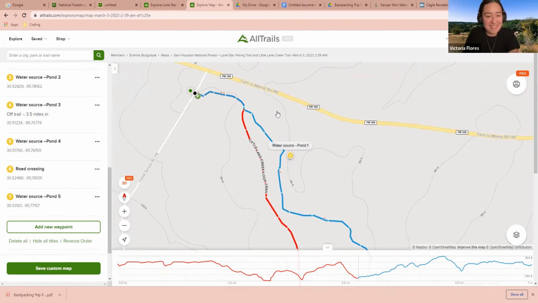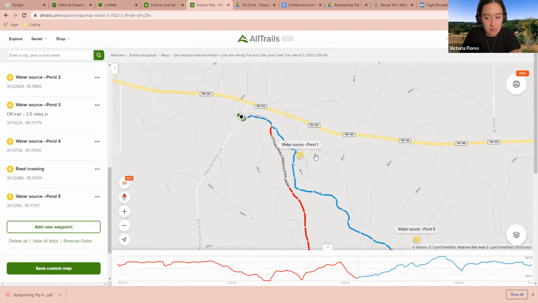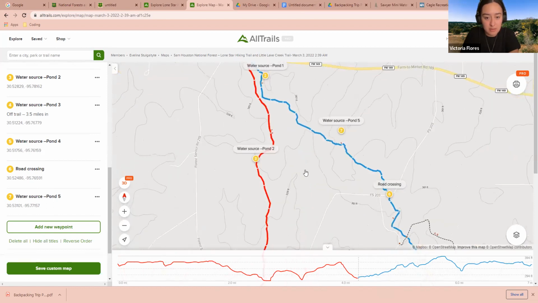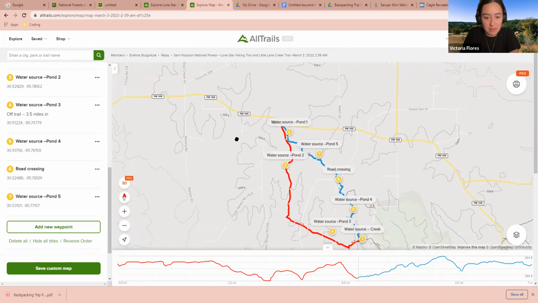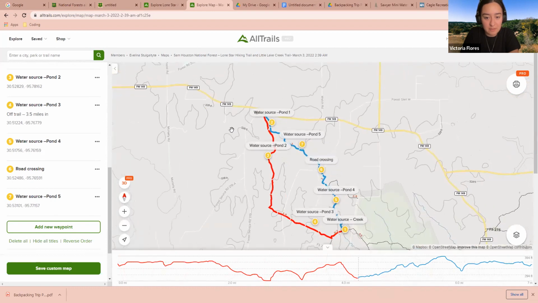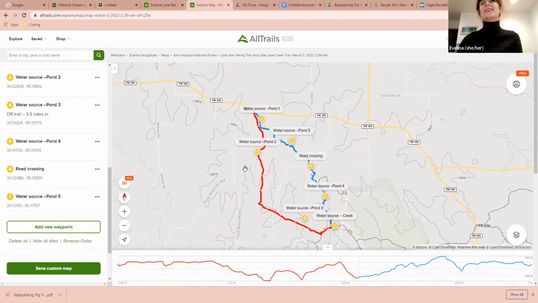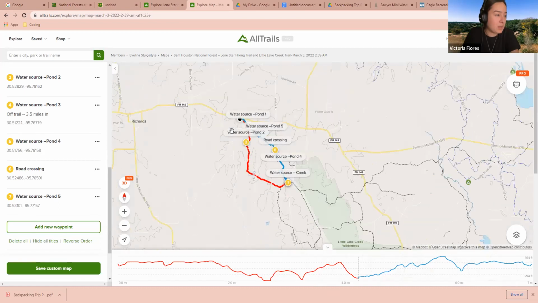Yeah. All right. Perfect. Let's zoom out a little bit. Let's see here. Sweet. Looks good. Awesome. Let's see if there's anything else we can. Ready to go. Awesome. All right. So